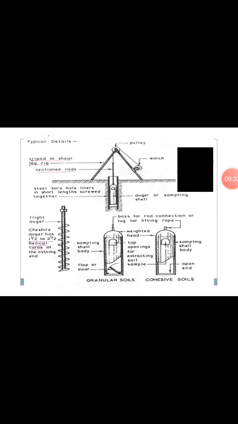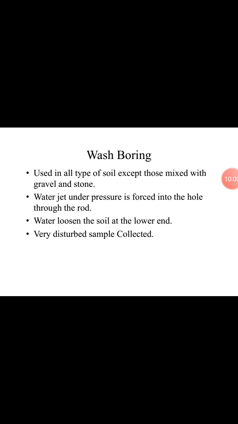First of all, to collect the auger sampling, we select an area and then set a tripod stand. After setting the tripod stand, the auger is drilled into the soil and we collect the sample. Here two types of auger are generally used: spiral or helical, and post hole type.